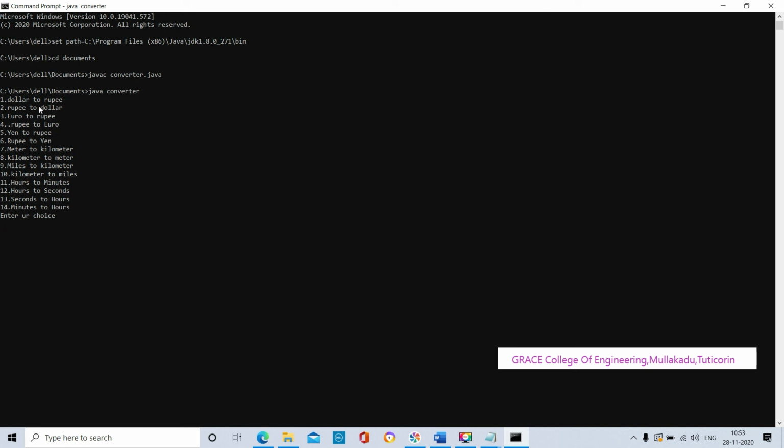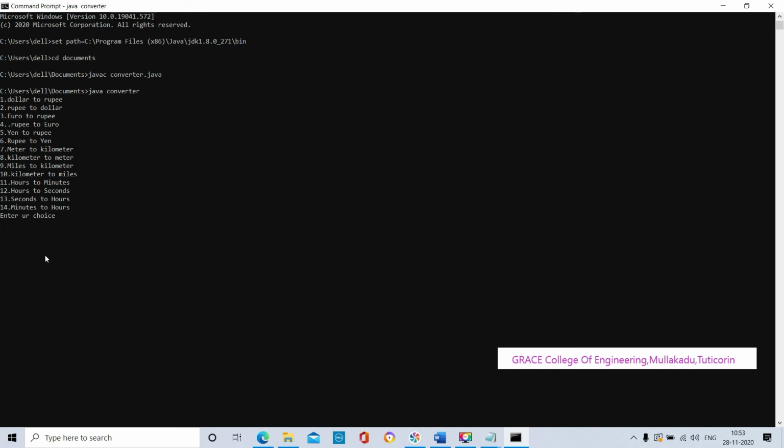Dollar to rupee, rupee to dollar, and euro to rupee are the methods present inside the currency conversion package. This currency conversion package we created and imported in the converter.java file, so there is no need to run our package program. We have to run our converter.java.